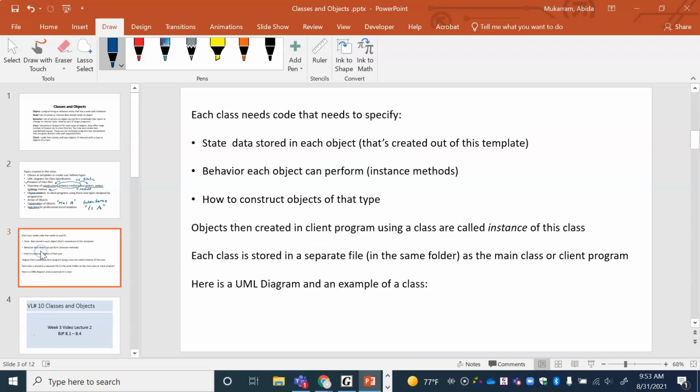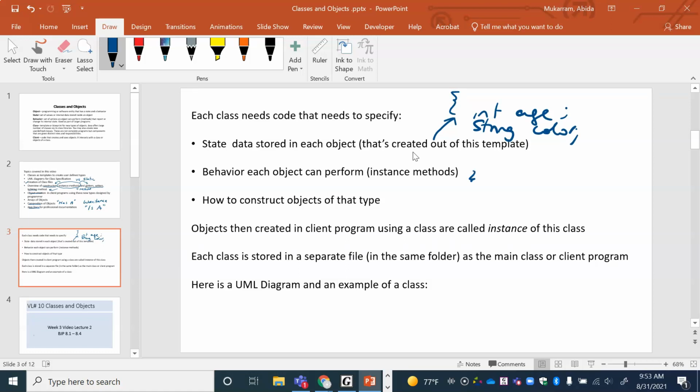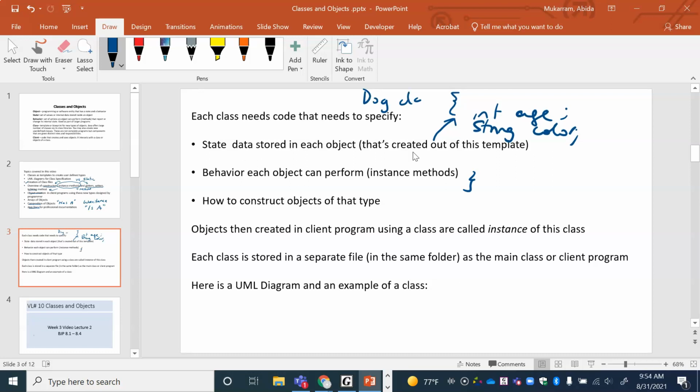So moving on. Each class has got to clearly define the data stored inside the object. So what is this data going to look like? This data inside could be something like an integer for age, a string for the color of the dog, and so on. So these are your regular variables inside the dog class. You can have this information, which is the state or the attributes. And then you can have the actions that the dog does. So now these are your public